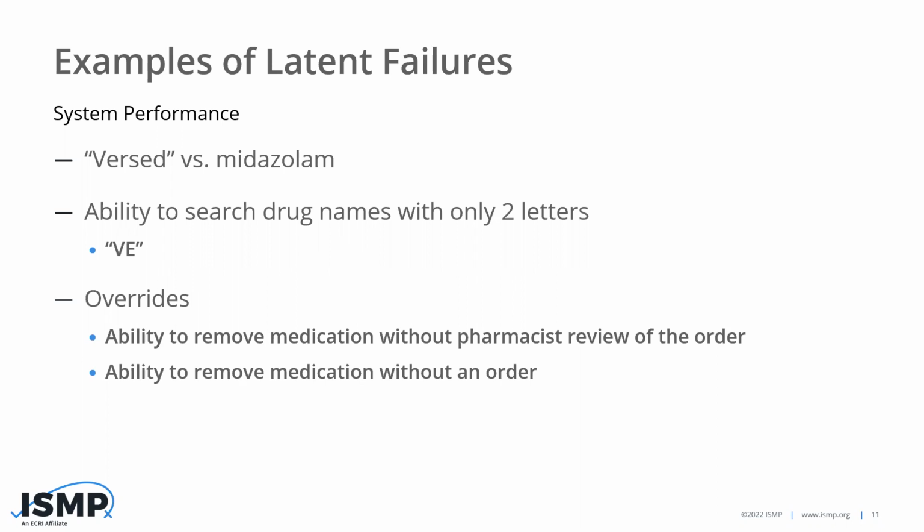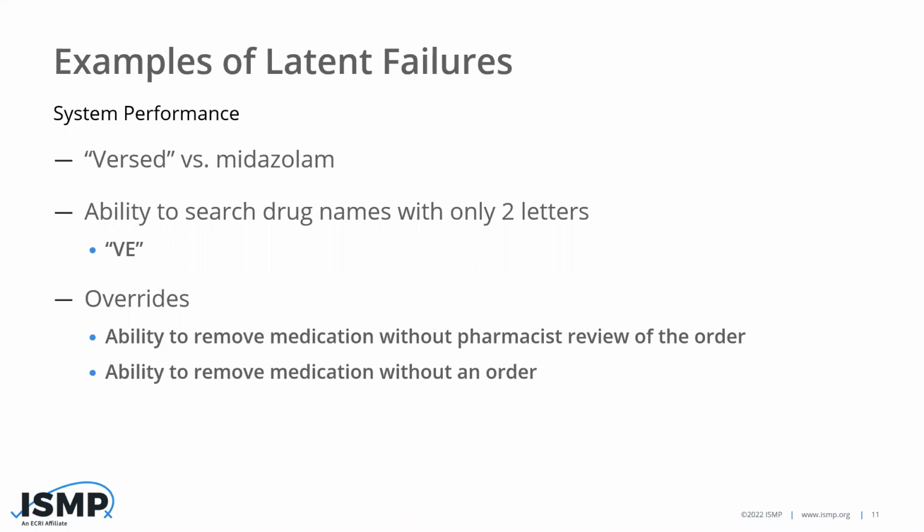While searching for this drug in an automated dispensing cabinet, this nurse was able to type in only two letters, VE, and only one drug name came up. So this nurse chose that drug and moved on. Unfortunately, that drug was vecuronium, not Versed. If you think about the scenario, if they had typed in three letters, like VER, this would not have happened. So the fact that we can search drug names with minimal letters is a result of the design of the technologies being used, as well as the use of brand names that aren't used anymore.